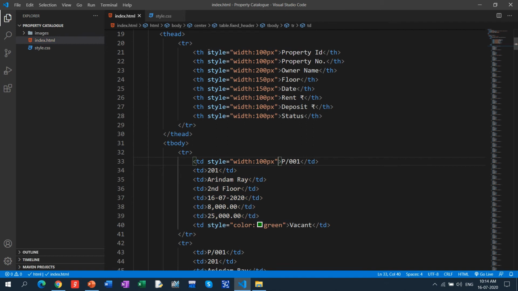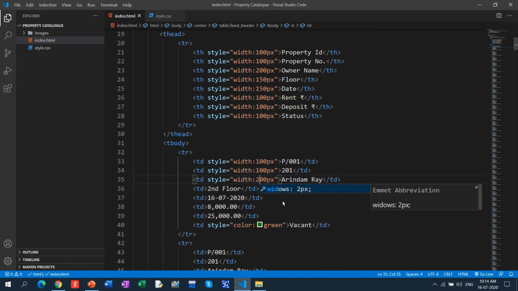Done. So again for this one, I'm making it 100 px. For the name also, put it 200 px. Fine. Don't worry, because when we do this, it will apply to all the records automatically from the software. Now I just put it over here.